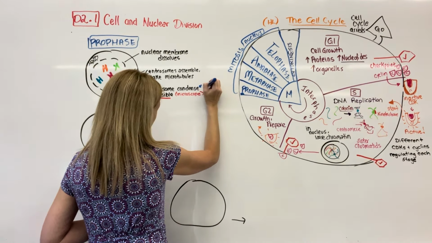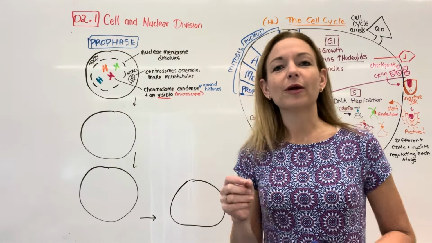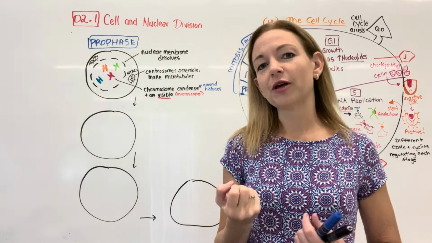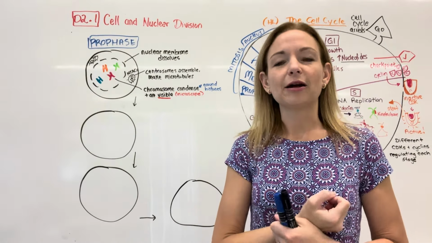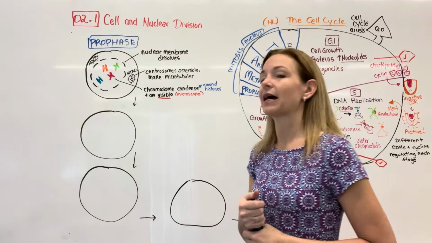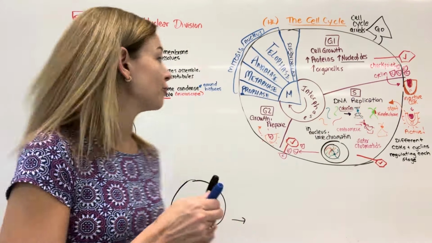So I'm just going to make a little note of they do that, and that's something we covered earlier in A1, is we talked a little bit about DNA condensation. So the histone proteins, it loops tighter around those, and then they kind of tighten up as well, and that's how it gets into that kind of condensed state. Okay, so those are your three things that happen in prophase.